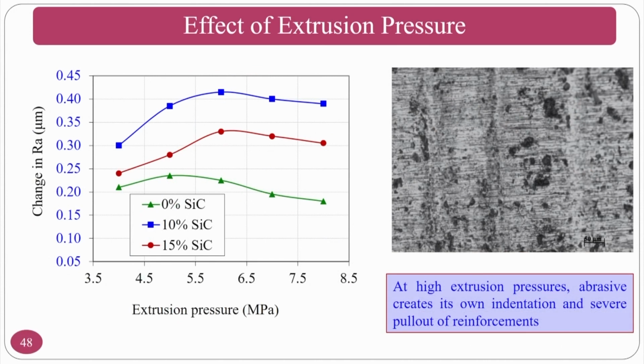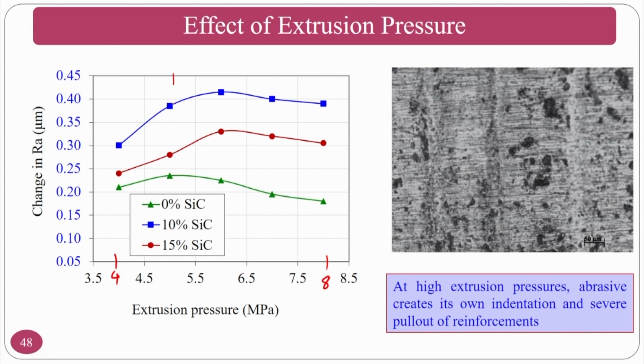Extrusion pressure you can vary from 4 to approximately 8 or so on; you can vary up to 10 also. Whenever you see the surface, if the extrusion pressure is low, that means the medium cannot extrude. You have to do preliminary experimentation to find at what extrusion pressure this particular medium can pass through the workpiece. That is the minimum extrusion pressure.